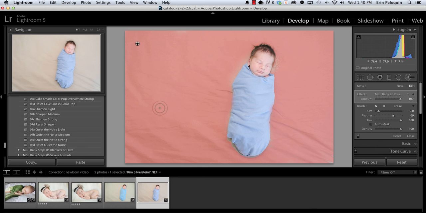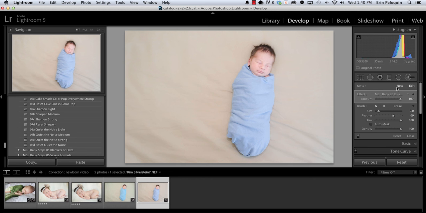So I'm going to type the letter O to turn off that red overlay. I am going to toggle the adjustment off and on. So there's a before, there's an after. I noticed that I missed a spot right here. It's looking much better, but we can make it even better by adding a second coat of paint over the